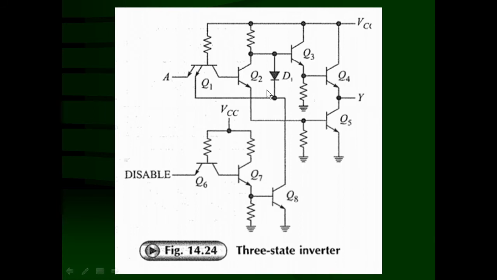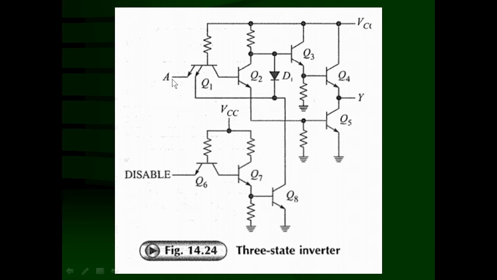And hence you can see that the second emitter of the transistor Q1 and the cathode of the diode D1, which are connected here, are disconnected from this one, or it is an open switch. So these two, the second emitter of Q1 as well as the cathode of diode D1, are floating, or not connected anywhere, and the rest of this circuit will work as a normal inverter circuit.